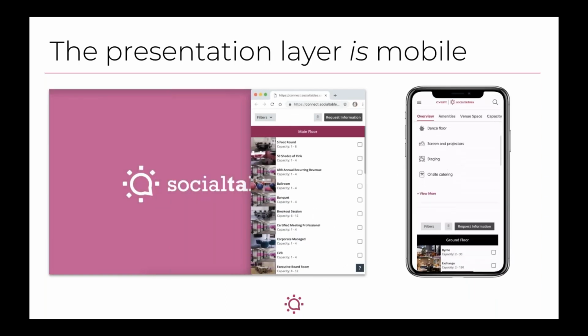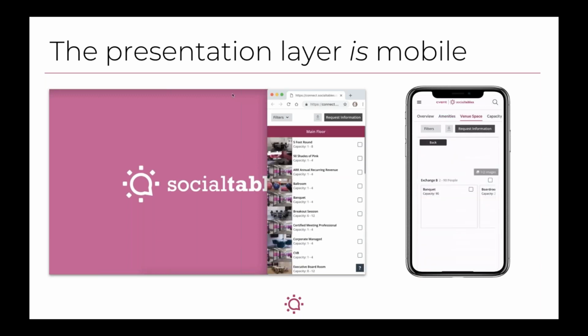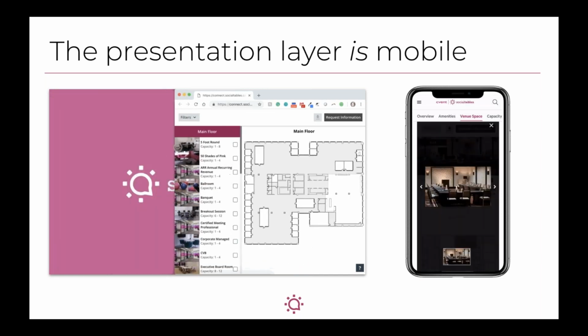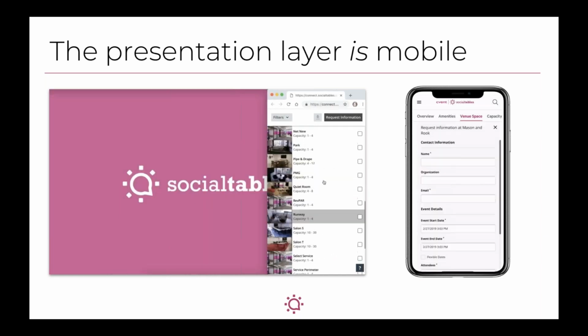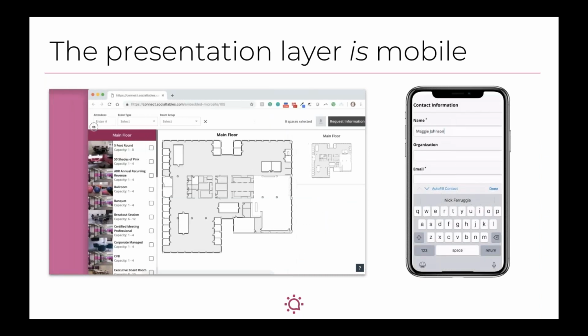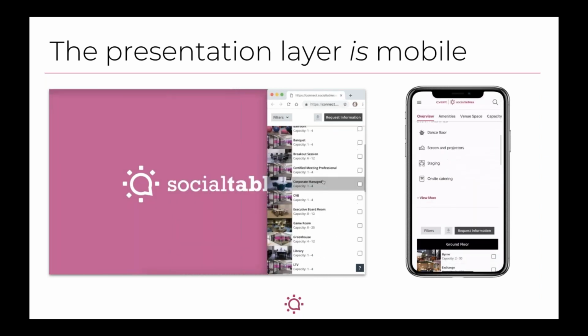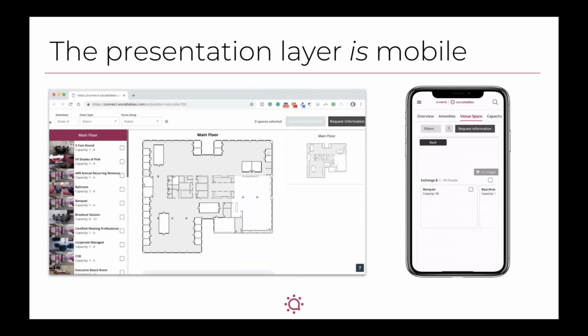So I thought it'd be fun to show you how the presentation layer reacts in real time to a mobile style environment. What you're seeing right here in the middle screen is our office inside of a presentation layer widget being condensed, showing you how a planner would work through clicking on a room, then picking a layout that works, et cetera.